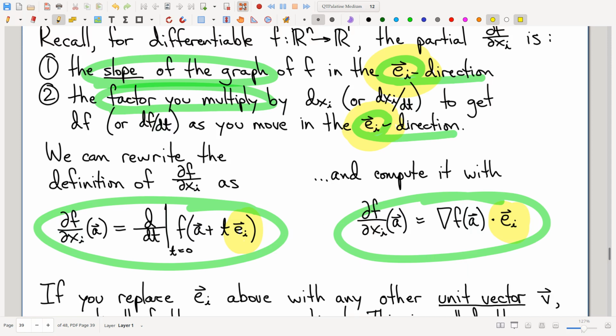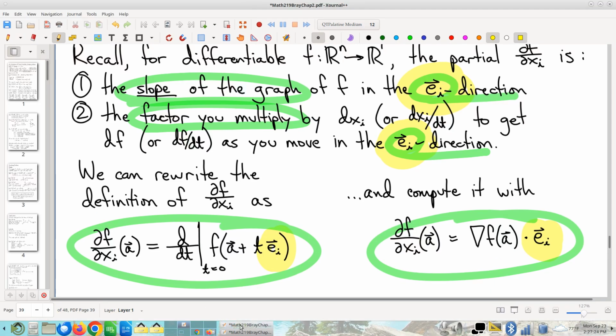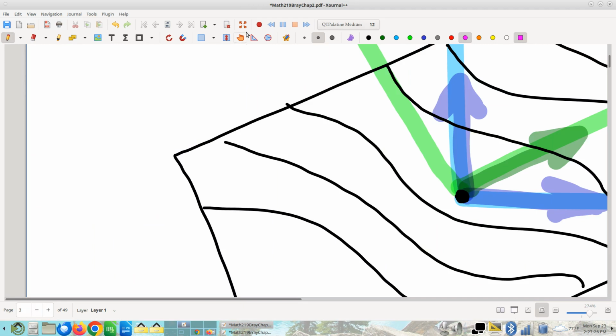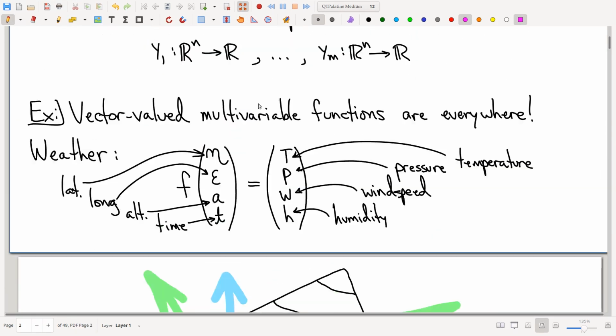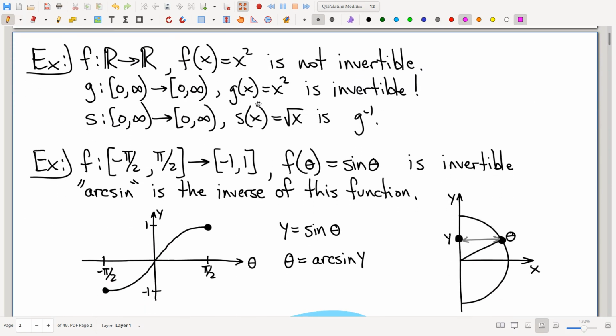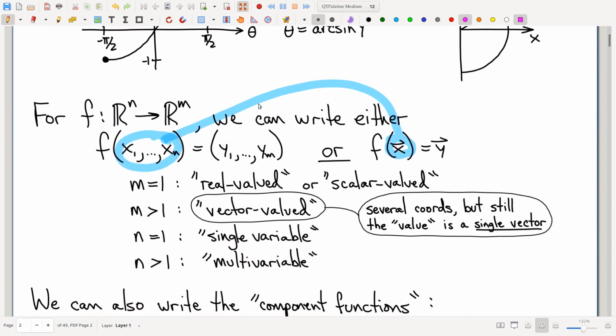Because now, let me go back to way long ago. Oh my gosh, this is all stretched out. Way long ago. Where am I? Here we go. Remember, we talked about what it means for a function to be a multivariable function. And to be a multivariable function, you have several input variables, like I've got written here. And I want to make a case that is really not the best way to think about